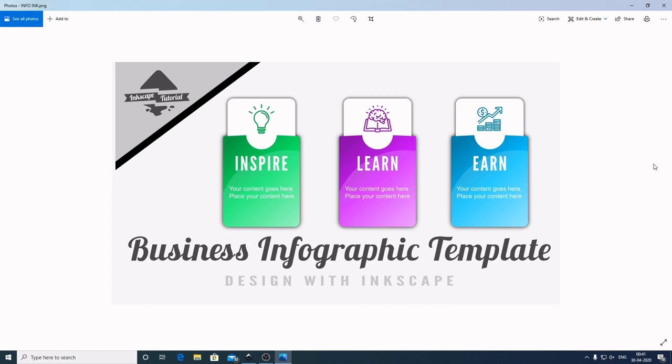I am Shai Sheikh. In today's tutorial, I will be demonstrating how to create a business infographic. Many graphic designers are not aware of Inkscape. If you don't know what Inkscape is, it is a free and open source vector graphic software that allows us to craft a range of graphic designs such as logos, icons, illustrations, web graphics, charts, drawings, calligraphy, business cards, and the list goes on. Inkscape runs on all three operating systems: Windows, Linux, and Mac OS.